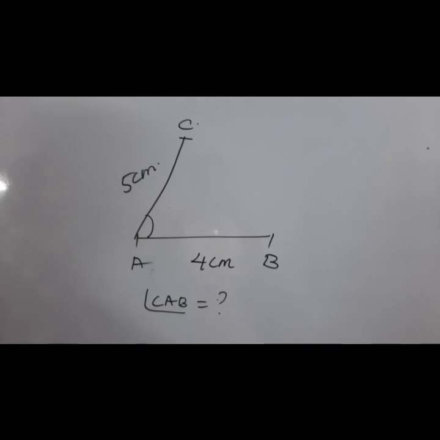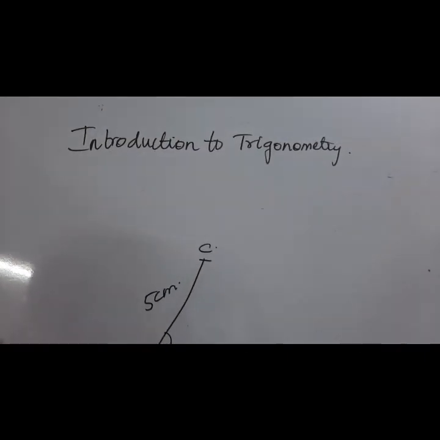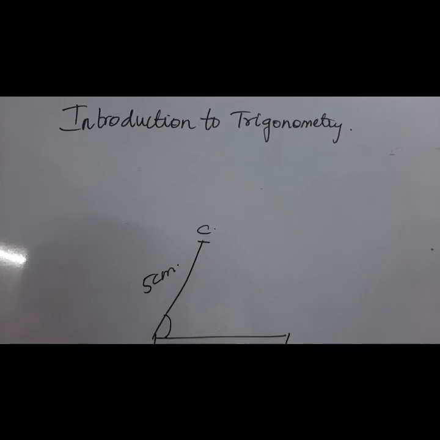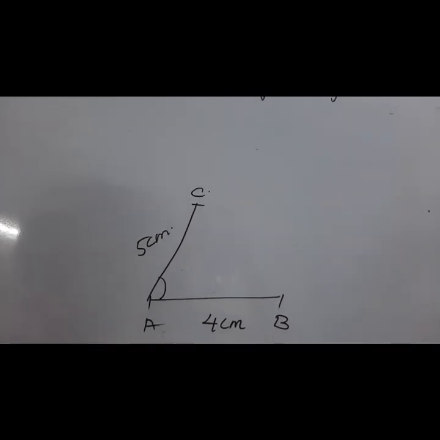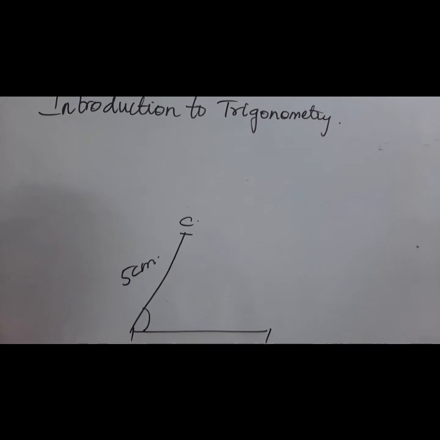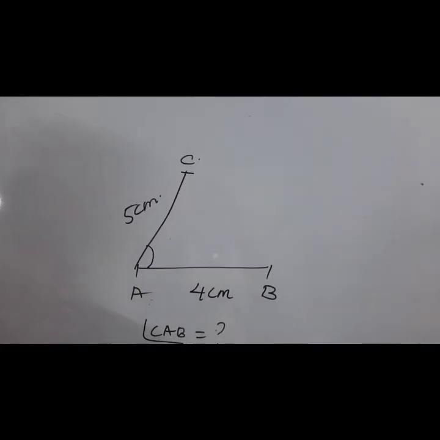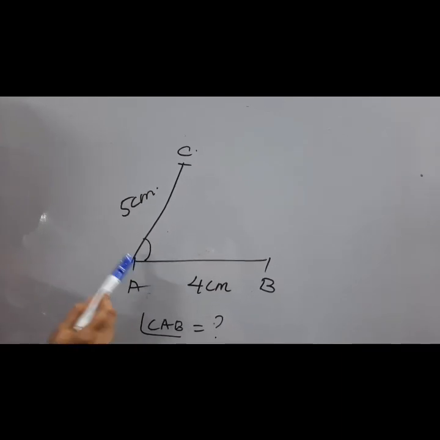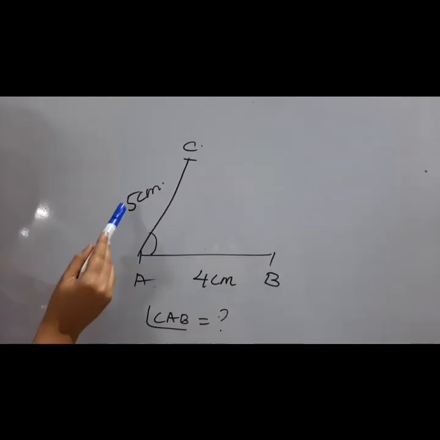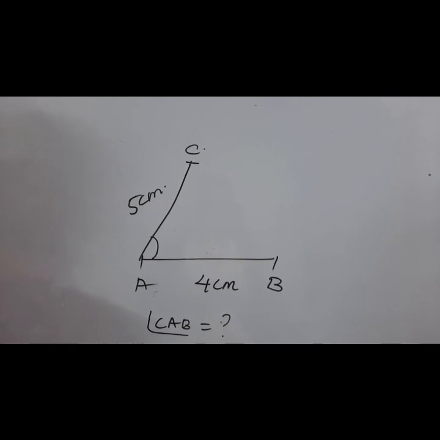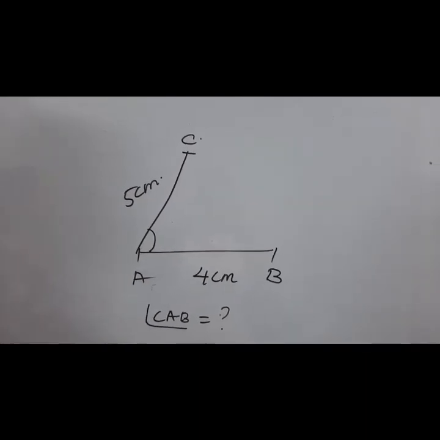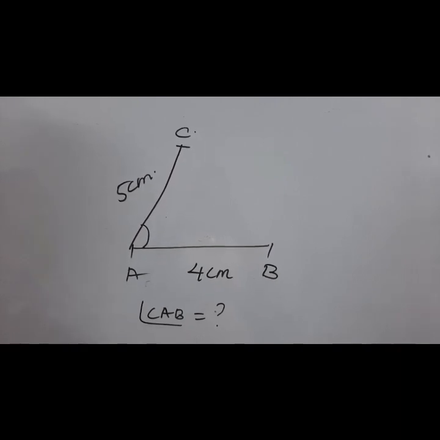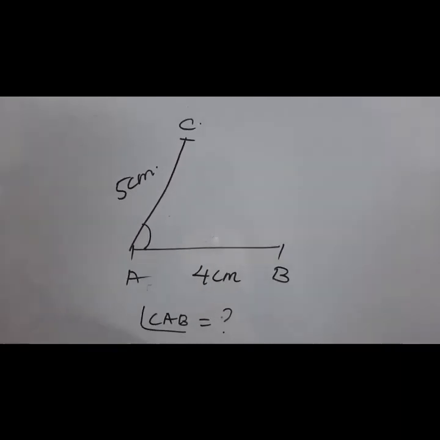A particular branch of mathematics helps us to calculate the value of an angle with the measure of these sides which make that angle. So here the arms are AC and BA. These two arms make angle A, and we can calculate the value of angle A as a ratio of the measure of these two sides, and this is what is trigonometry. Trigonometry helps us to calculate values of angles in a triangle.